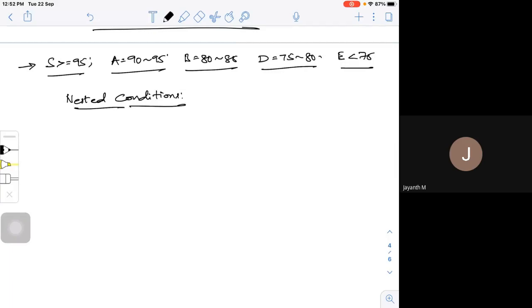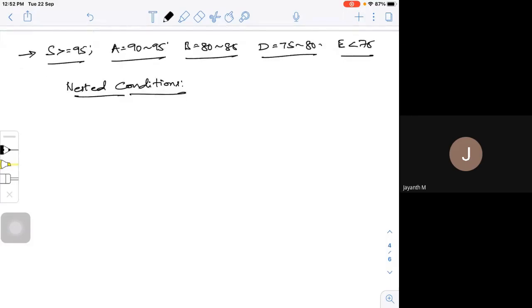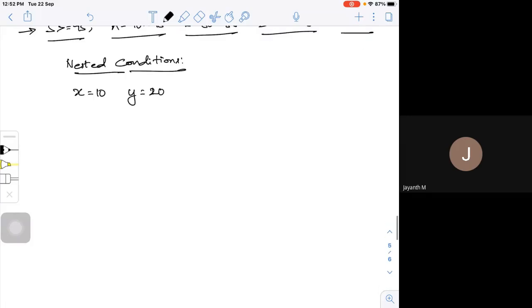Say I define x is equal to 10, y is equal to 20. Now I'll put a condition. If x is equal to y, print something.